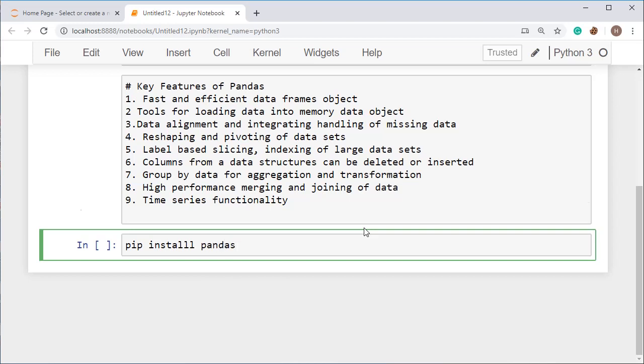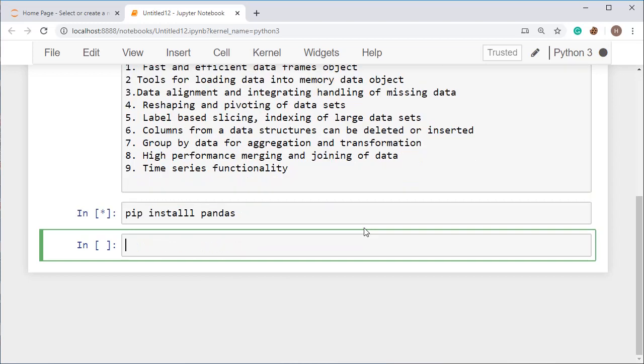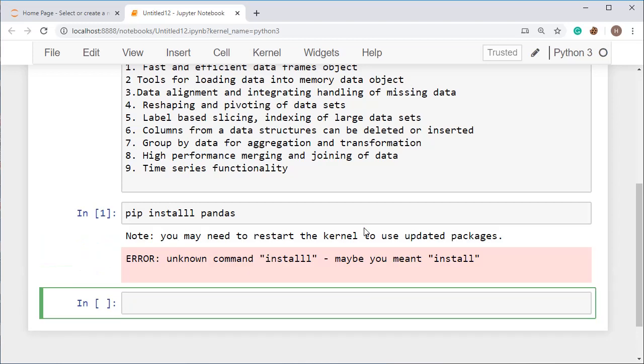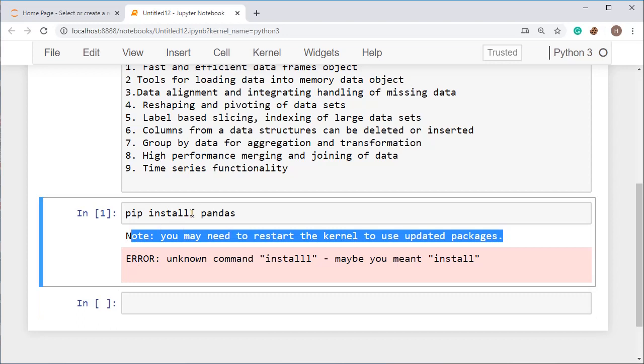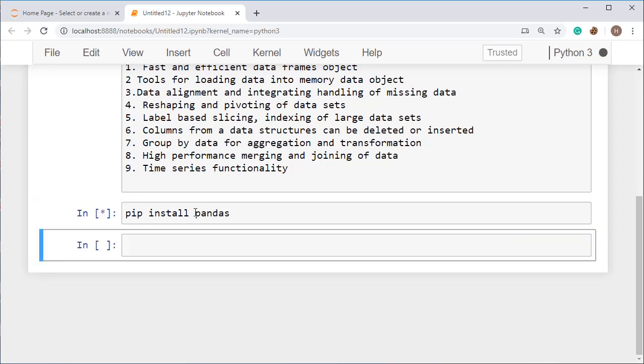Alright, so this command will install the pandas library into your system. I have already installed it, so it will show me the message that the requirement is already satisfied. If your system does not have it, then you will get the installation in the system. Here I made a mistake with an L, so it has displayed the error. Now it will show you the things.